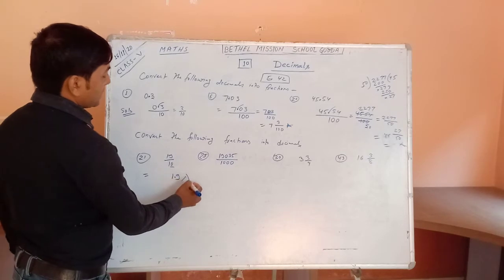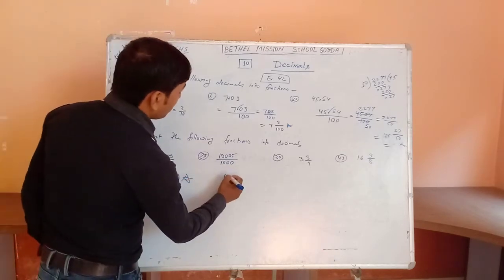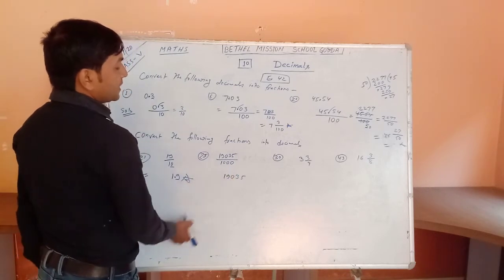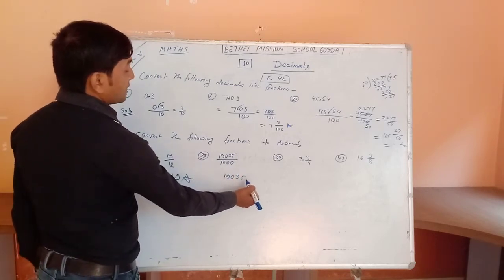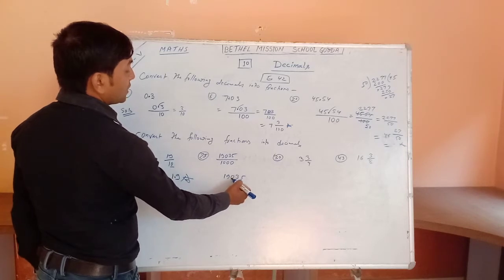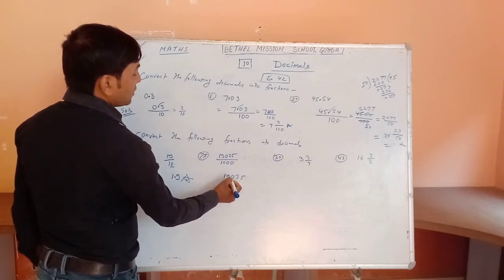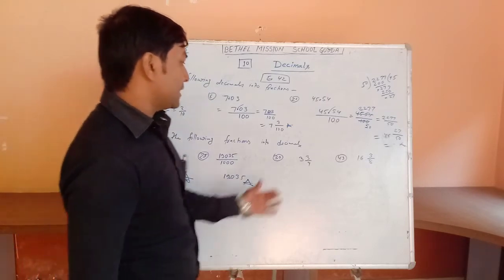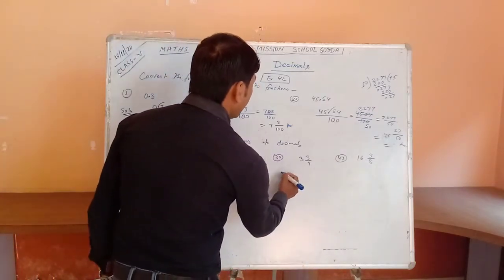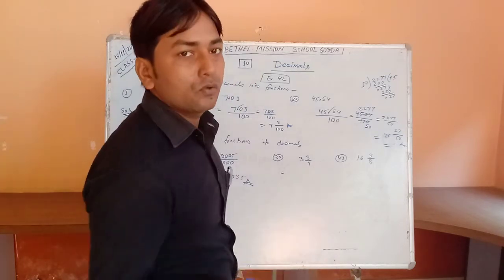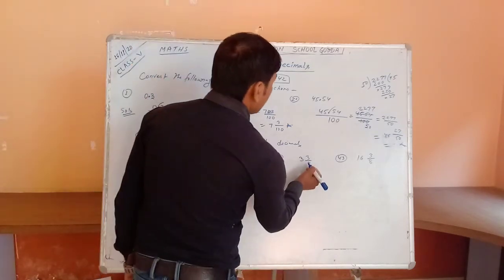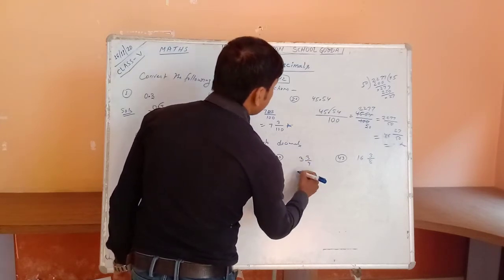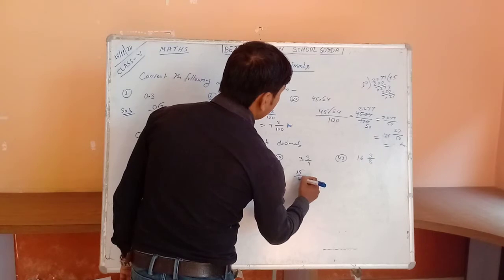This is the answer. Now here, write down the numerator first, and now count how many zeros: 1, 2, 3. Start counting from the left, 1, 2, 3, and at this place you can put the decimal. This is the answer. But for this type of question, you have to make the denominator 10 multiples. So 4 you can change first. 4 times 3 is 12, plus 3 is 15 upon 4.